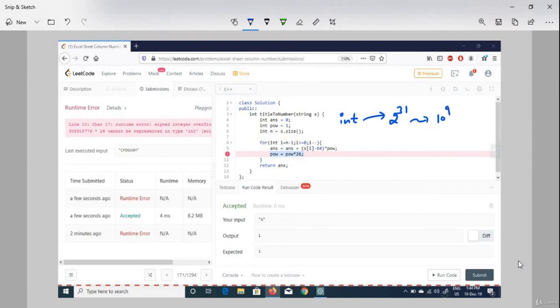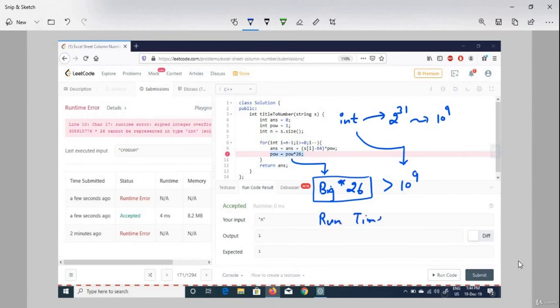Now suppose this power number is a very big number and we are multiplying it with 26. Then the resulting number can become greater than 10 to the power 9, which is the range of the integer. So we will get a runtime error because this big number cannot be stored in an integer variable, and power is an integer data type.